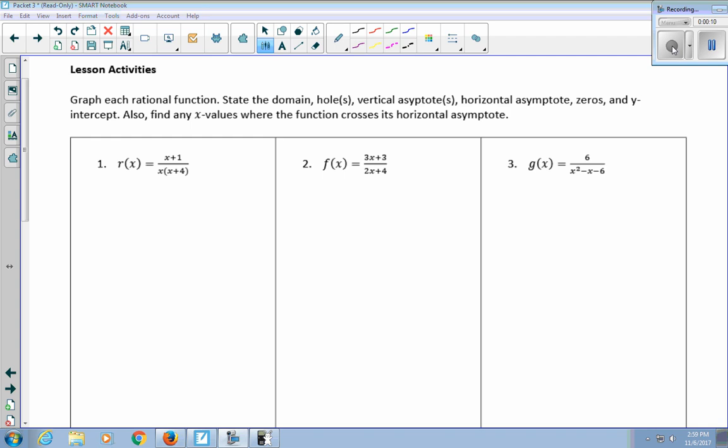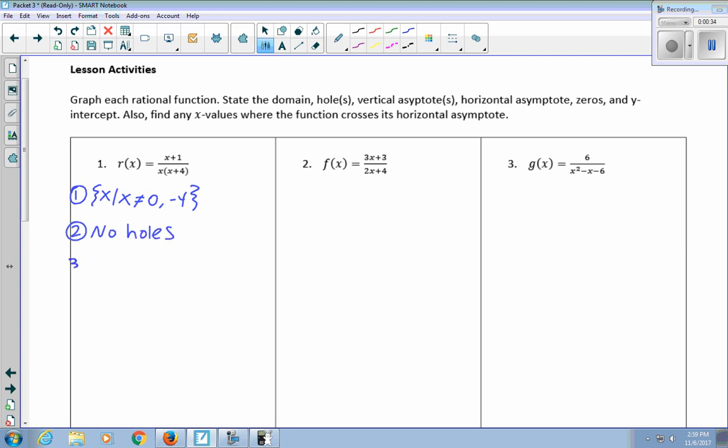Okay, first step is to identify the domain, which would be the set of all x's such that x is not 0 or -4. Those are the x values that would make that denominator 0. Next, you factor everything and cancel. If you cancel, there might be a hole. If you don't cancel, we've got no holes,